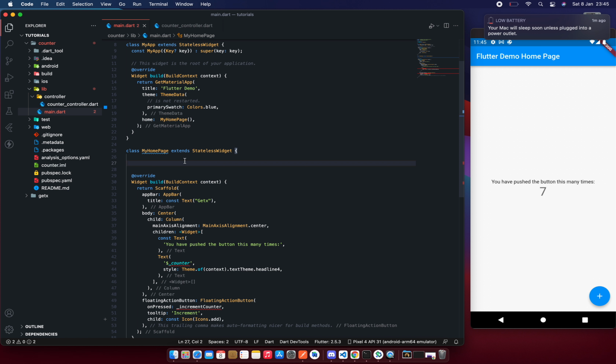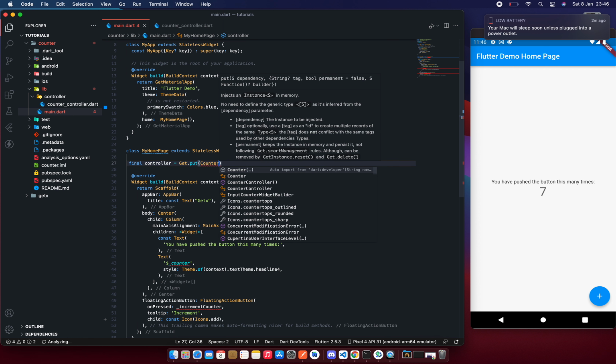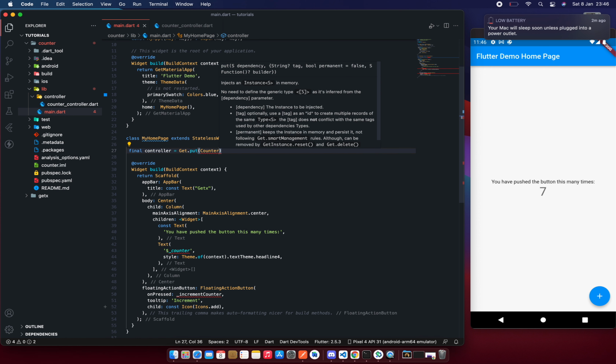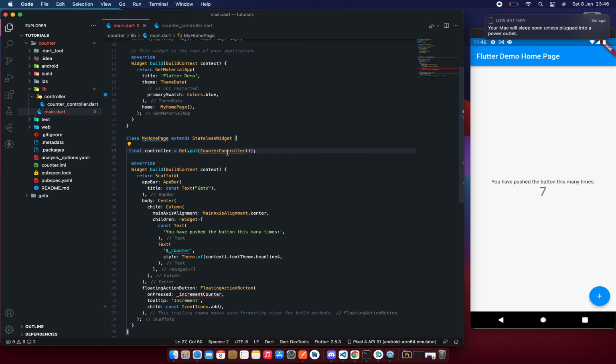So here, how we are going to consume our controller in this class, my homepage, is by using what we call dependency injection. So we are going to say get an instance of that by saying get.put, and then you see this expects a dependency, which is our counter controller, and then end with a semicolon, and then import that from